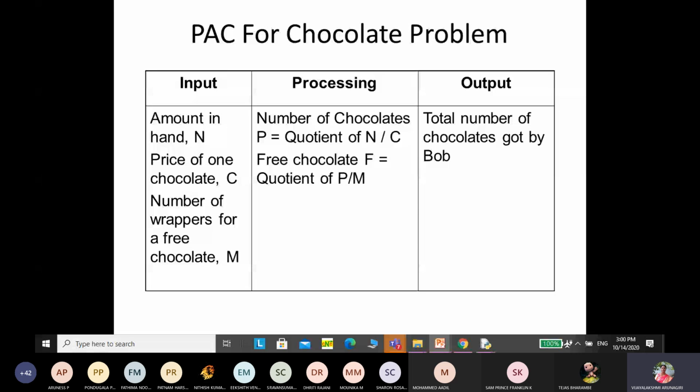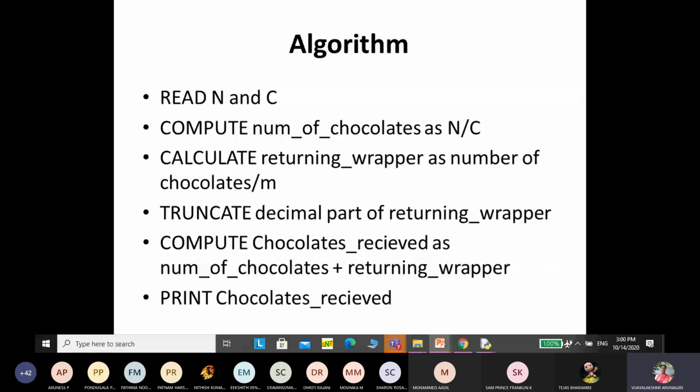from this. Okay. Now the algorithm. So what does algorithm mean? Like a normal statement we can write, in the way we understand the problem. In that way we can write: read N and C. Read N and C means, or you can write, read amount in hand and chocolate price, and compute means calculate. Calculate the number of chocolates